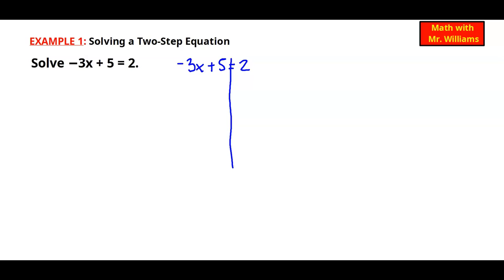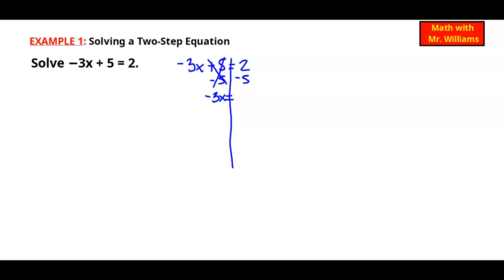Now, we're going to cancel out our like terms. So here we have a 3x, but there's nothing else with an x, so we're going to ignore that one to start with. We're going to deal with the 5 and 2 because they are like terms. So I see the addition, so I know when I see addition, I need to subtract from both sides of our line of equality. This cancels out the plus and minus 5, leaving us negative 3x